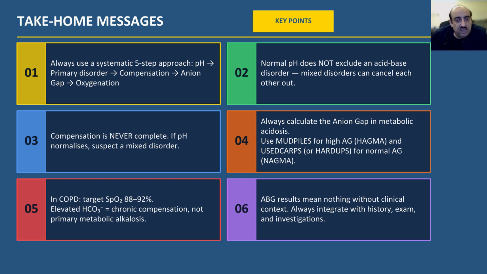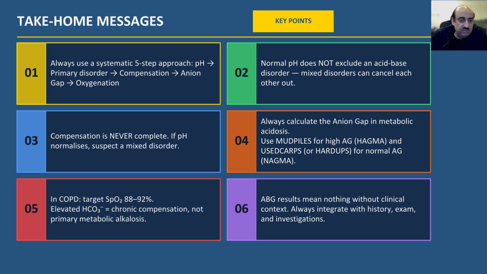Pearl number 3, compensation is never complete. If pH normalizes, suspect a mixed disorder. It links with point number 2. Pearl number 4, always calculate the anion gap in metabolic acidosis and use MUDPILES for high anion gap acidosis, HAGMA, and you can use USED CARS or HARDUPS, any of those two mnemonics, for normal anion gap acidosis, or NAGMA. Point number 5, in COPD, keep titrated oxygen saturations of 88 to 92%, although evidence is currently changing,